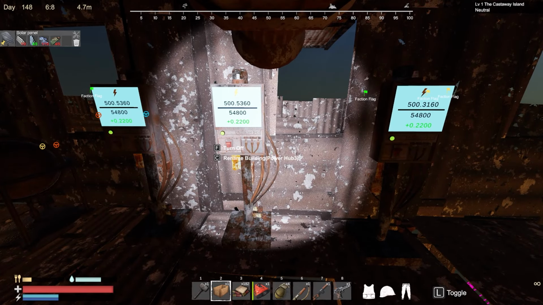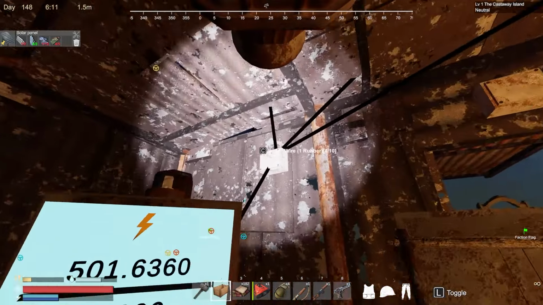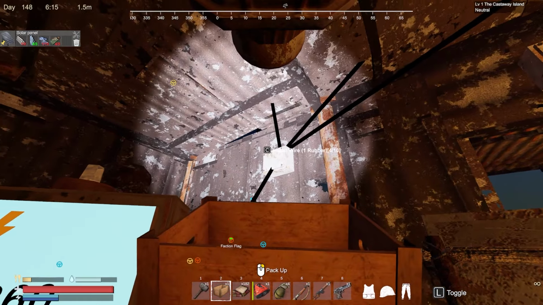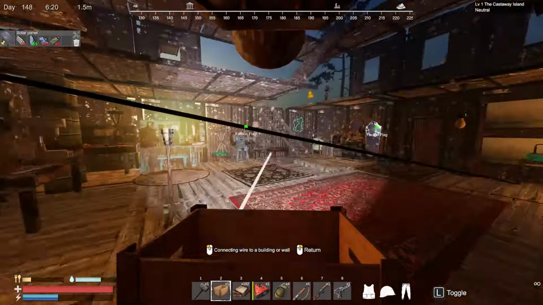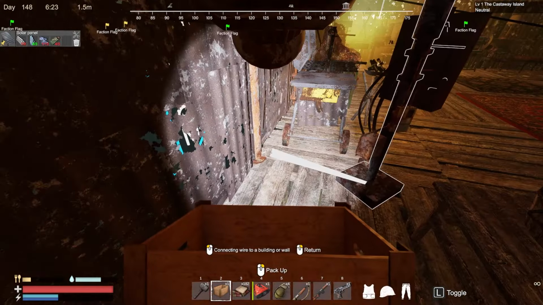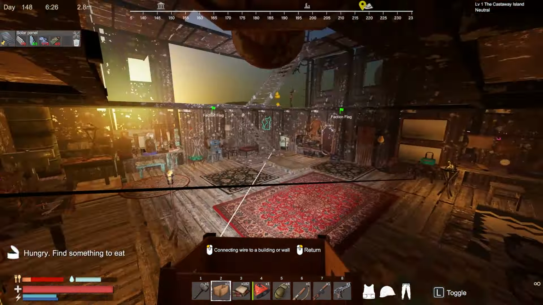So, is that because it's going to a junction box? I wonder if that's because it's going to a junction box. Let's try this. Let's take this thing, and there we go. Now let's run a wire from here. Can I get it to stick on the wall? It's not sticking on the wall. How about right there? There we go. Jeez, so weird. And then have that come up to this one. And then have a wire come from here. Dang, I need more